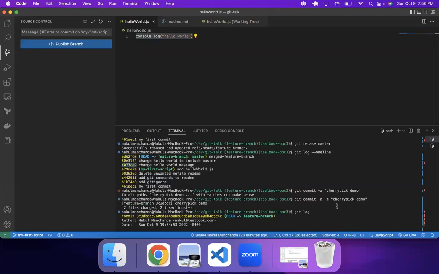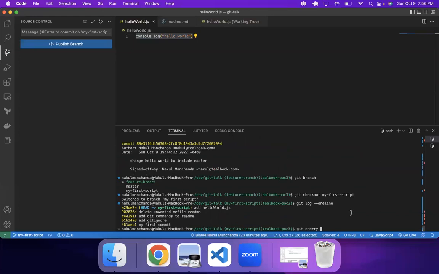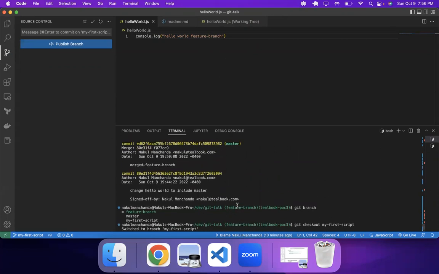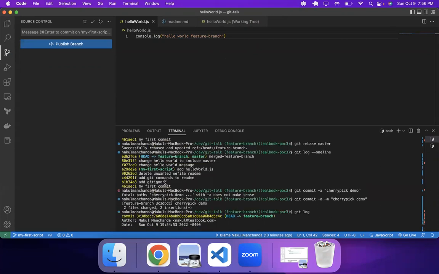Okay, so now I can do cherry pick and I can post this, and that's it. Now you see I'm at the feature branch change. Basically, I don't have to rely on git rebase and git merge. I can apply changes one by one if I know what I'm doing, or if I have a quick thing I wanted to do,